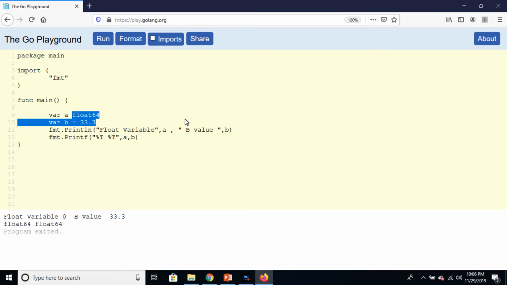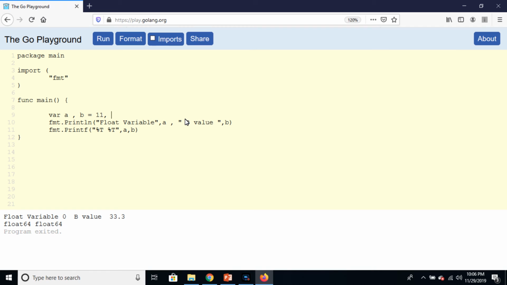Now in mixed mode you can declare a, b, and then the value of a is 11 and the value of b is 11.5. Run the program. And in mixed declaration, a is integer type and b is float 64-bit, and you can also